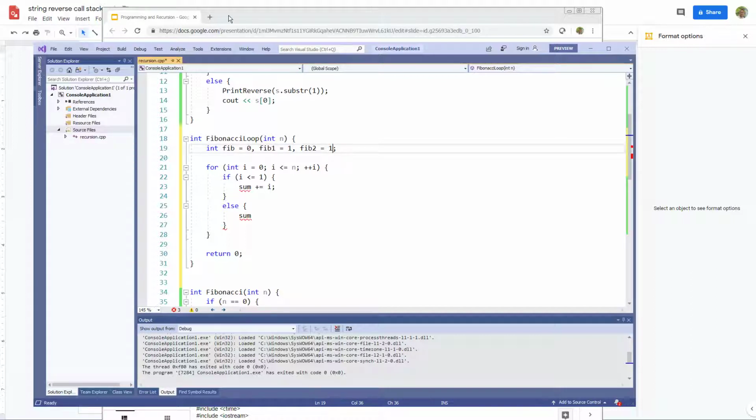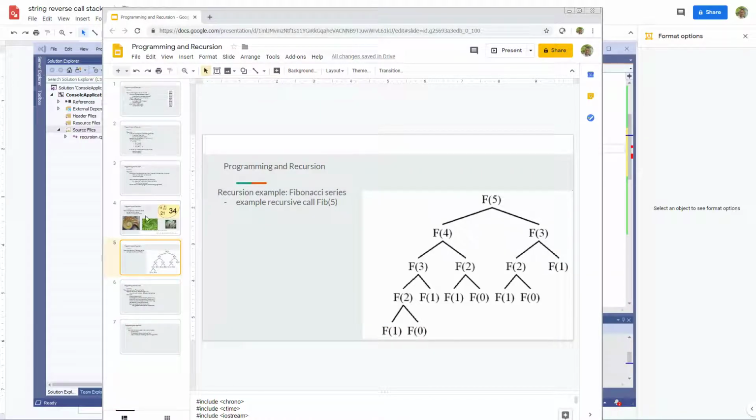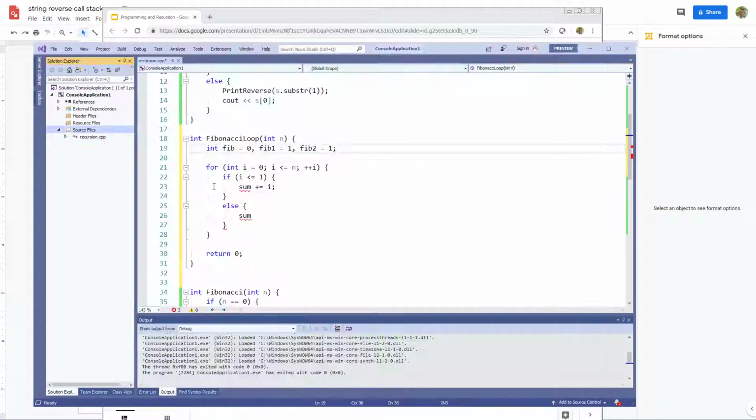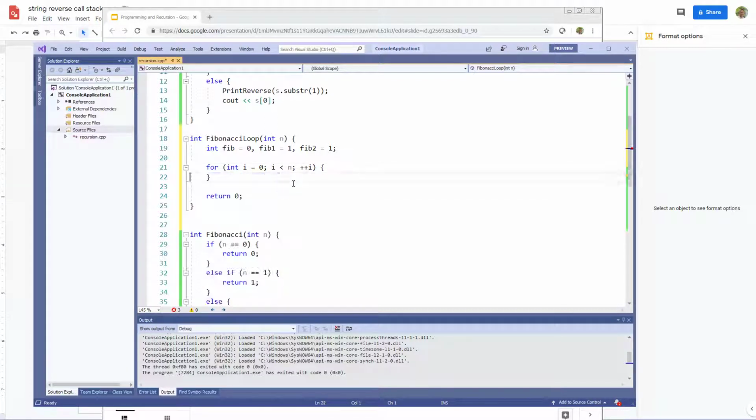So if you look at the Fibonacci series, you see that the first Fibonacci value is 0, and then the next one is 1, and the next one is 1. Yeah, I guess we're not summing up all the values in the list. We're just summing up the previous two. So what we'll do is say that the Fibonacci value is equal to the Fibonacci value of